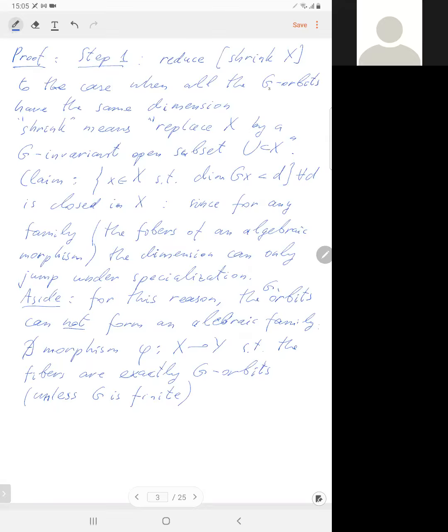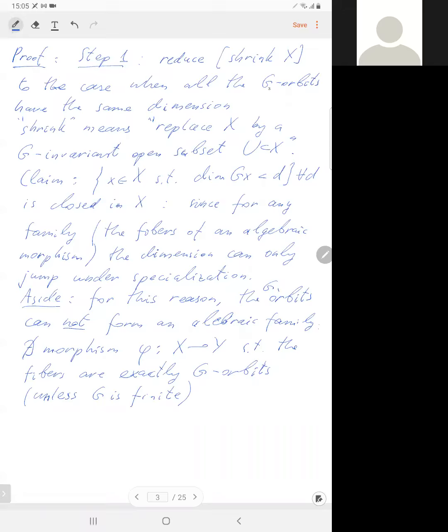But say like in the adjoint action of GL_n on n by n matrices, the generic orbit has dimension n squared minus n. A regular matrix has an orbit of that dimension. But any scalar matrix, say the zero matrix, has just a point orbit, so its dimension is 0. Then the orbits of dimension less than 1,